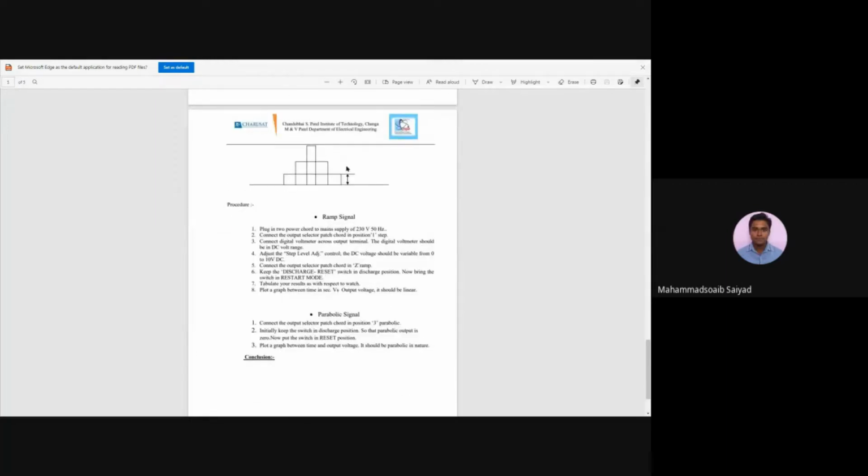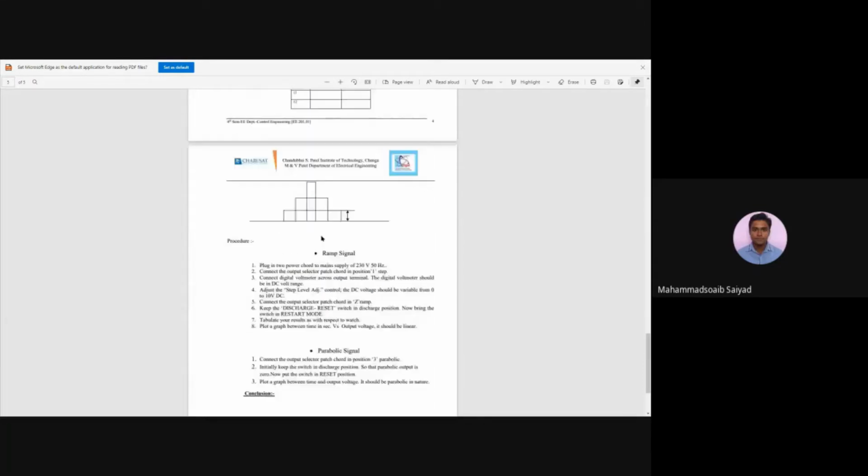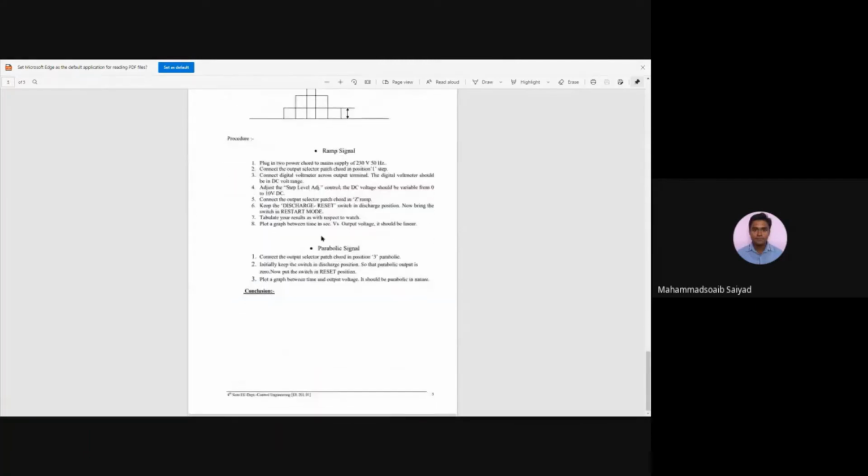This is the waveform of your impulse input. We are changing the x and y values, and we will be getting t equal to infinity, R(t) equal to infinity. The procedure is given over here, how to connect the ramp and parabolic, that I explained in this video. You have to write down the calculation for this.